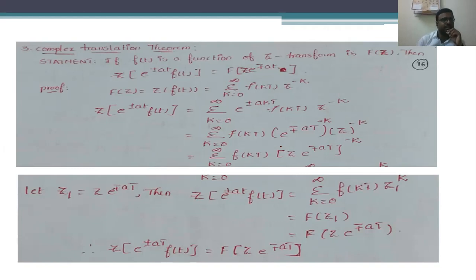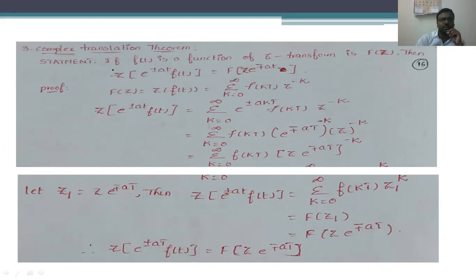Translation means changing from one to another. The main meaning of translation is, the translator of a language is nothing but one language to another language. In the same fashion, the translation of plus or minus must be minus or plus. The translation is nothing but the change of signs from plus to minus.